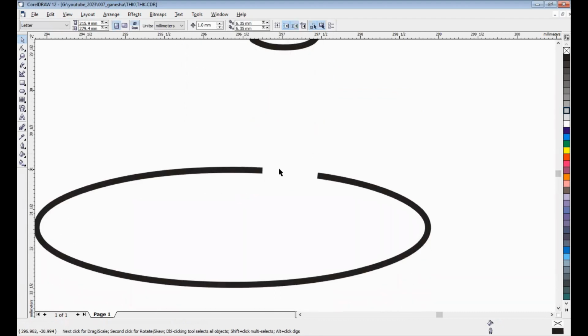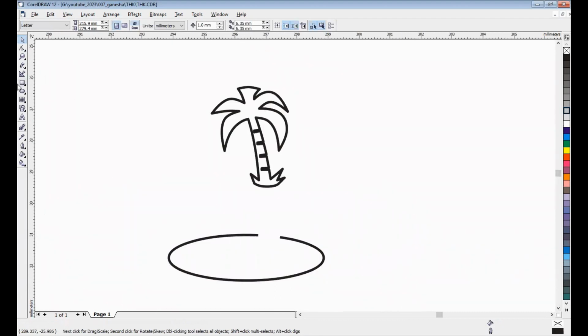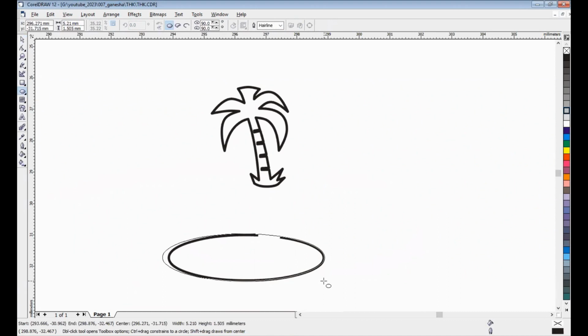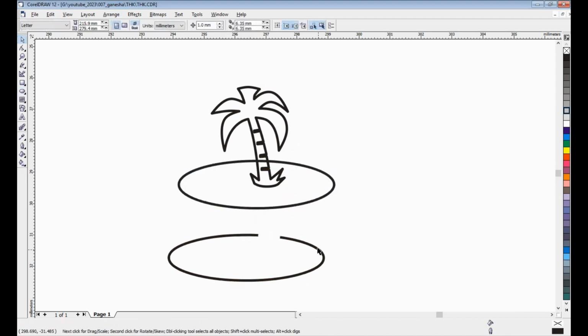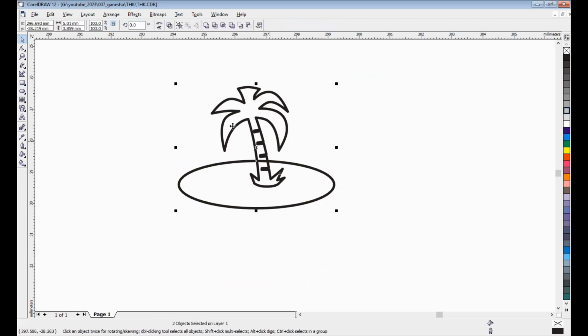After that, we can use the ellipse tool to create this. Yeah, like this. Okay, and maybe like this. That's it. We can group.